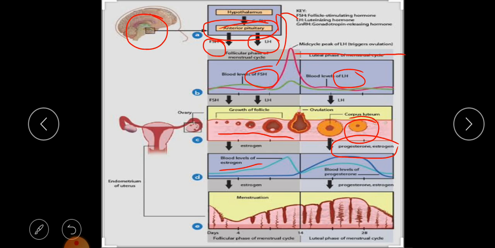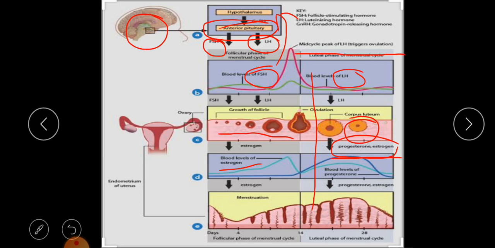And at the same time the FSH, follicle stimulating hormone, is also slightly increased, and the luteinizing hormone is more secreted and reaches a peak level. Okay, and after the ovulation, this is the positive feedback and how it is given. Now in the post-ovulatory part, after the ovulation there is a corpus luteum formation, where the secretion of progesterone and estrogen takes place.